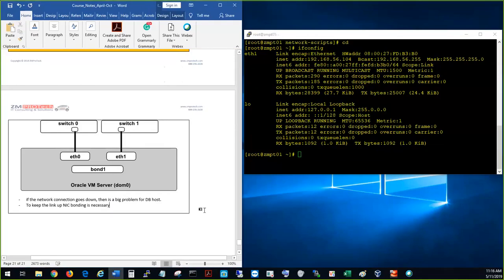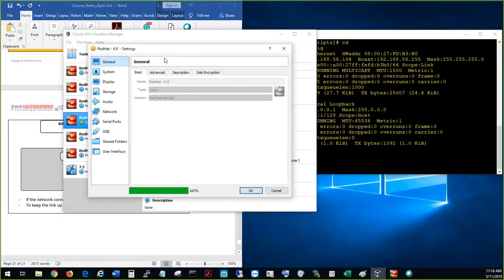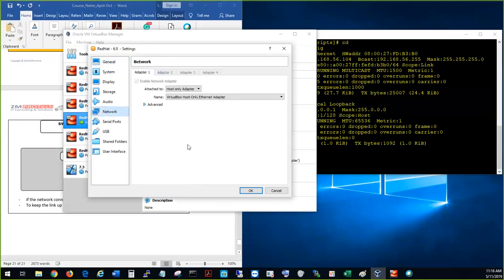All right, so on my VirtualBox, for this host, I'm going to go into settings and add. But go into, Zafar, I have a question on this NIC